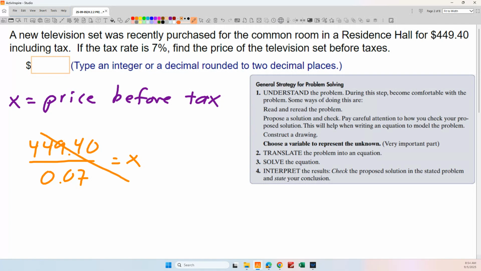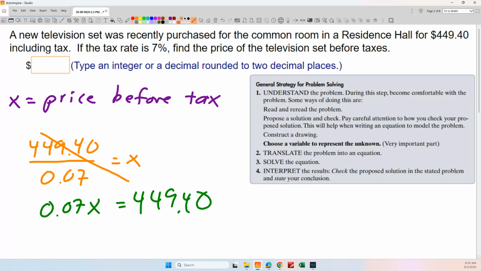So we'll go 0.07x equals 449.40, like that. Okay, isn't that going to give us the very same thing though? That's one step away from this. It's close. You're on the right track. We've got to just tweak it a little bit. What do you think? Multiply 449.4 by 0.07, so, to get, multiply the two numbers to get the 7% of 449.4, and then you can subtract that.